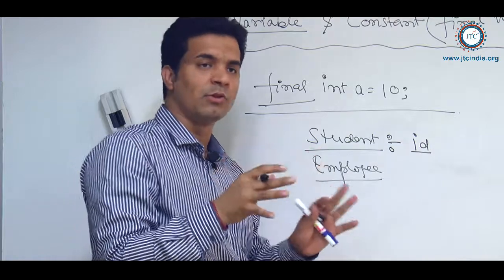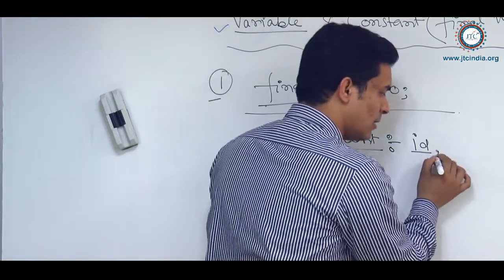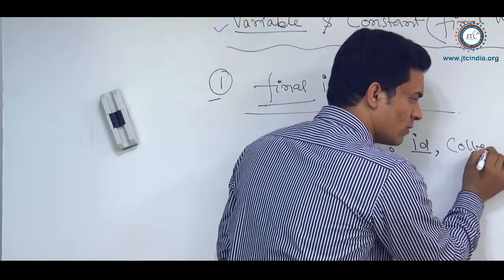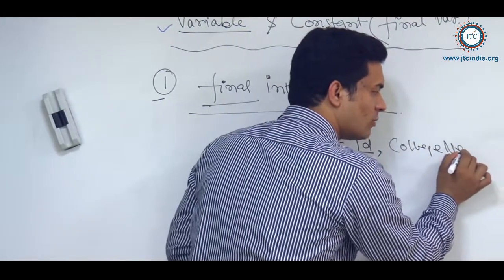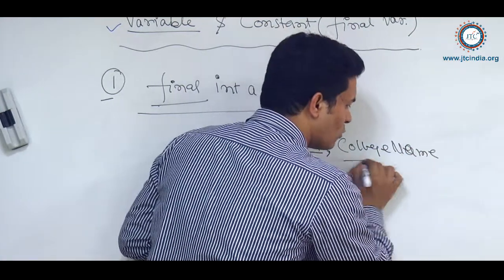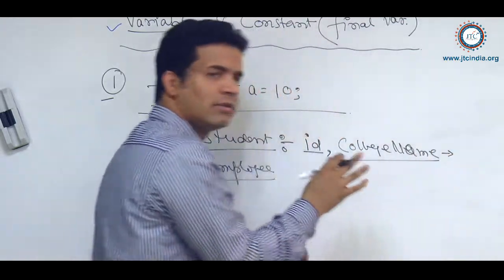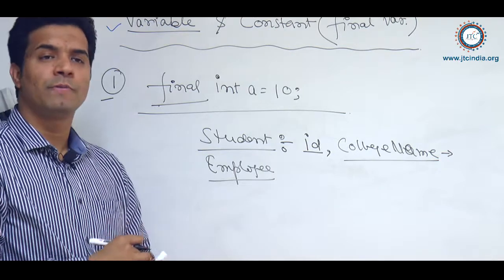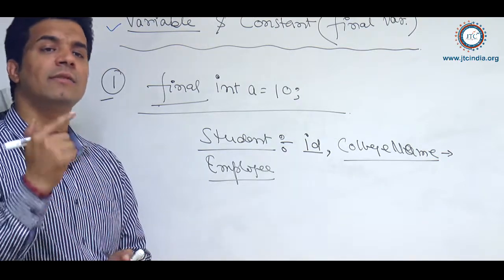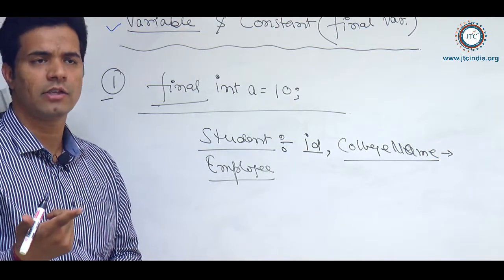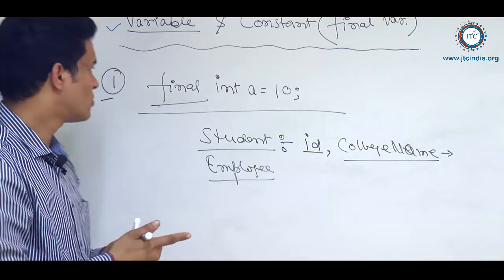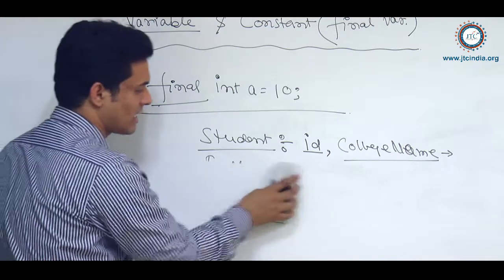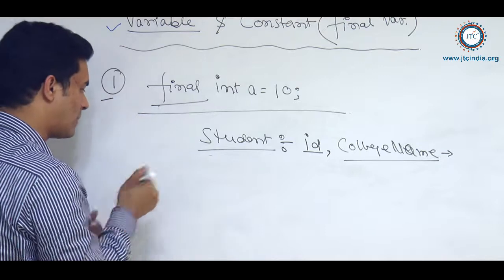But suppose for a group of students, when we talk about the college name, for a group of students this college name could be the same. So if the college name is the same for a group of students, why write the college name again and again? If you wish, you can write it. Suppose I'll explain something about this, like when I am writing a class,